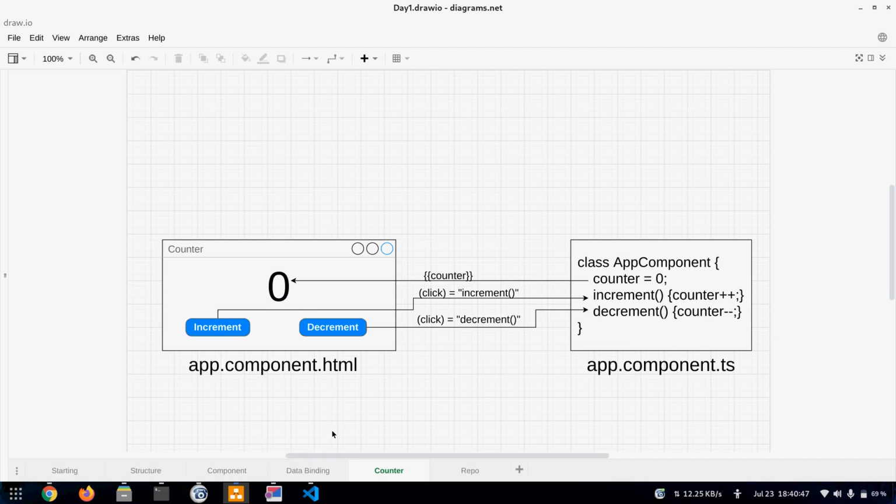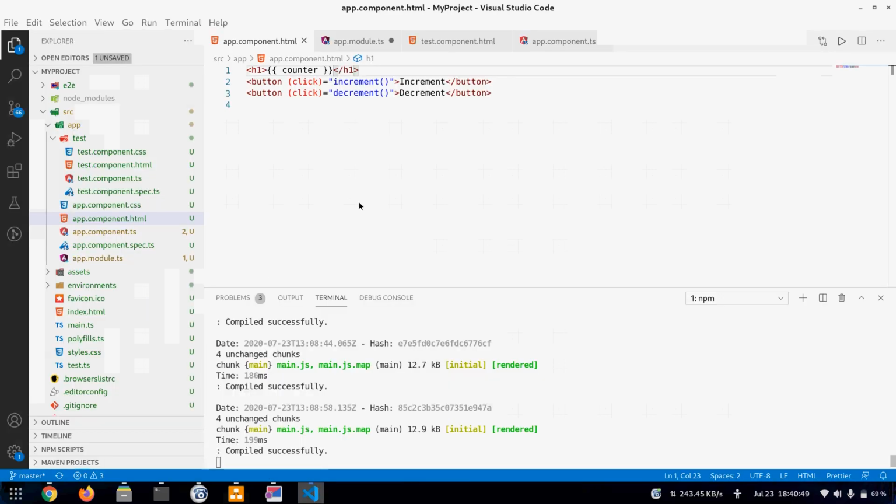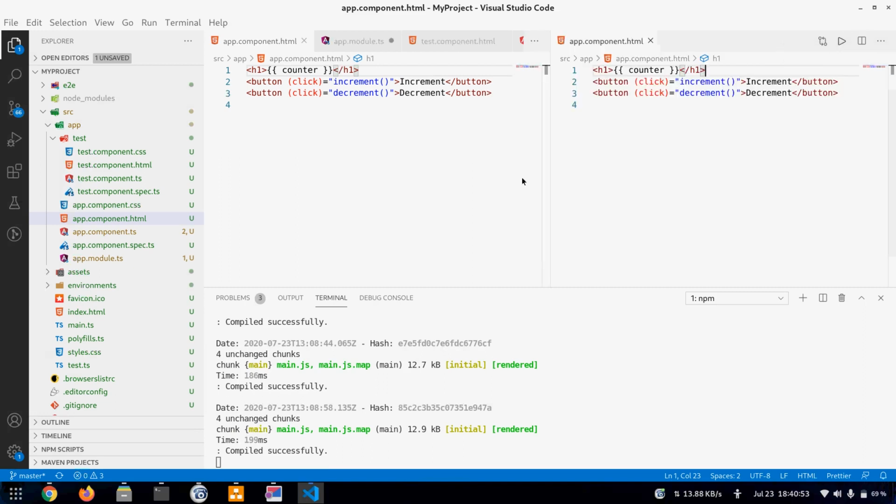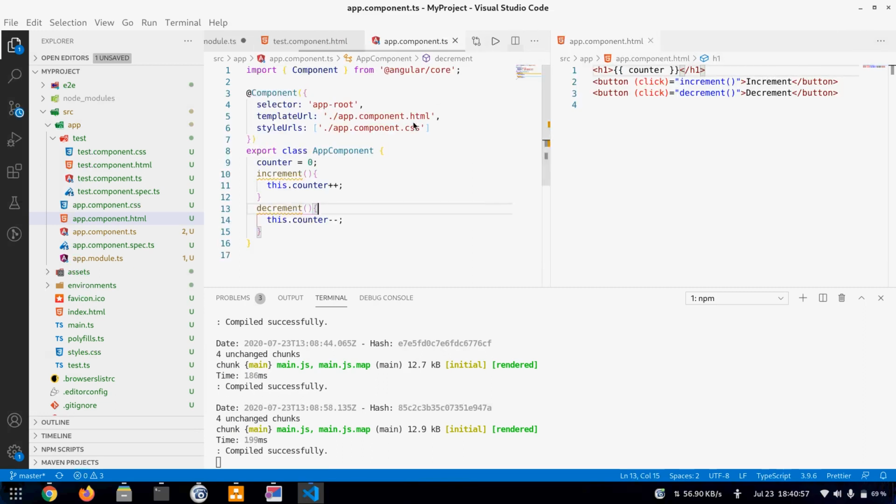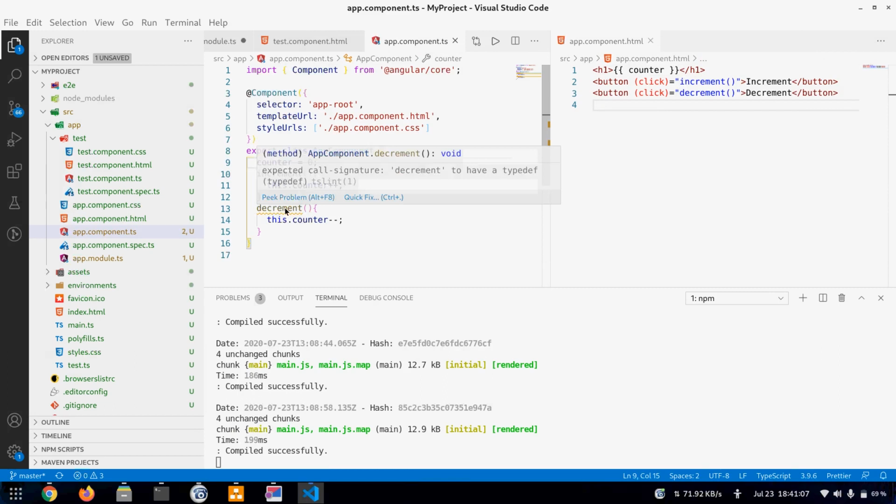Okay, and so here is the code. This is the TS file. It has a counter. This is a property of the class, and then we have two methods, increment and decrement.